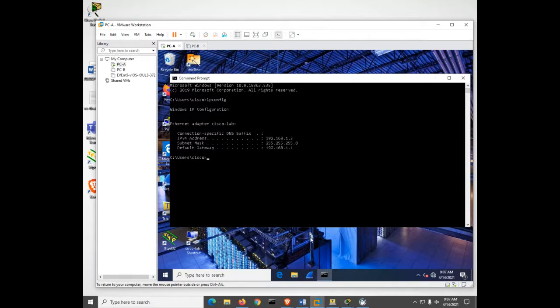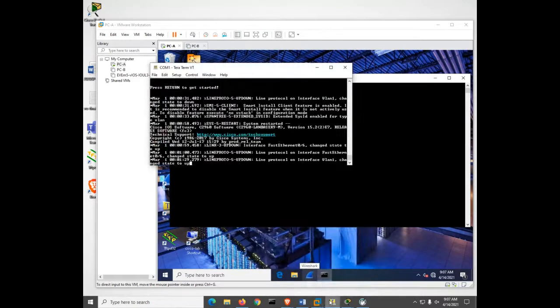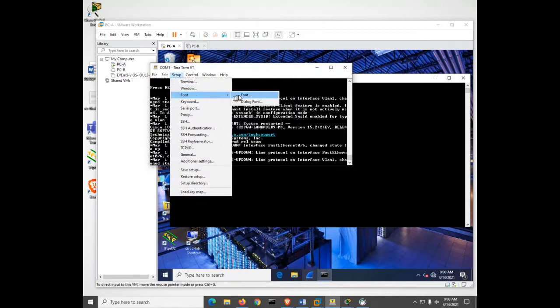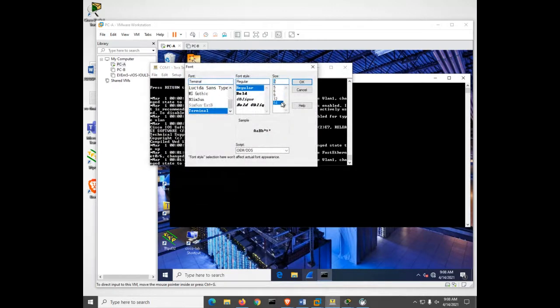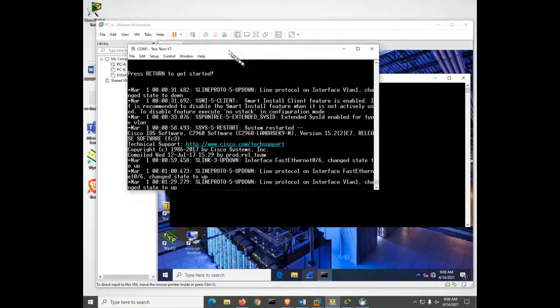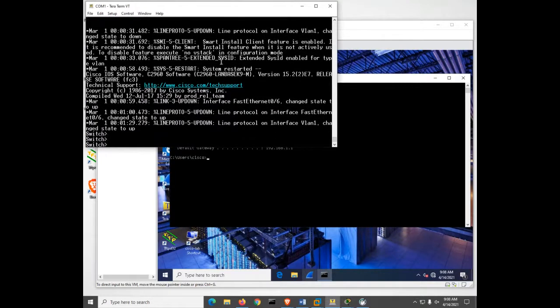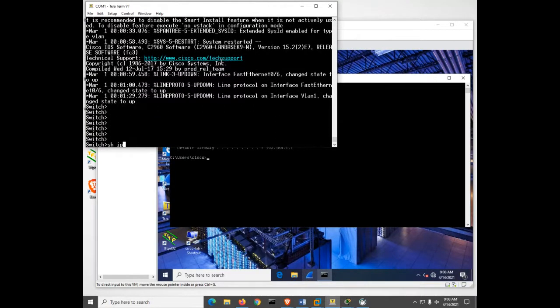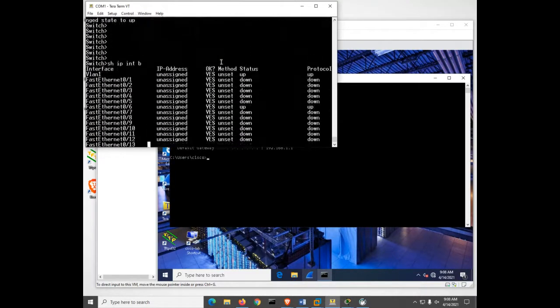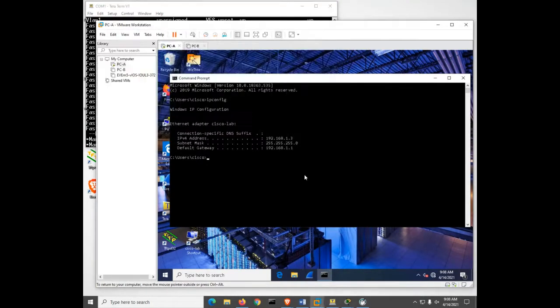Just to prove it to you, I'm going to go to the Tera Term prompt. Let me change this font so it's a little bit bigger, a little easier to read. So here's our Tera Term prompt. I'll put it up here somewhere. So it's up and up. If I do a show IP interface brief, port 6 is up and up because our PC is plugged into port number 6. So we're instructed now